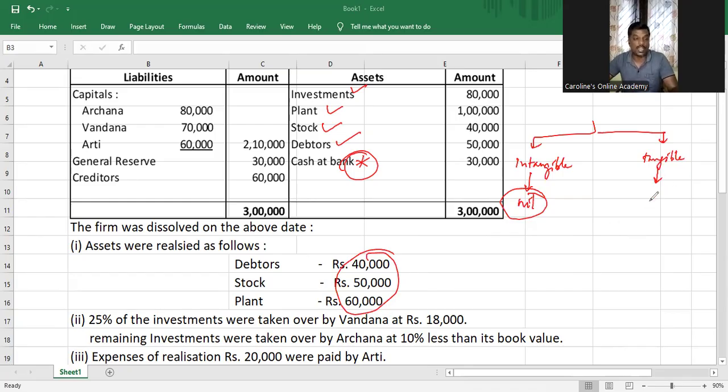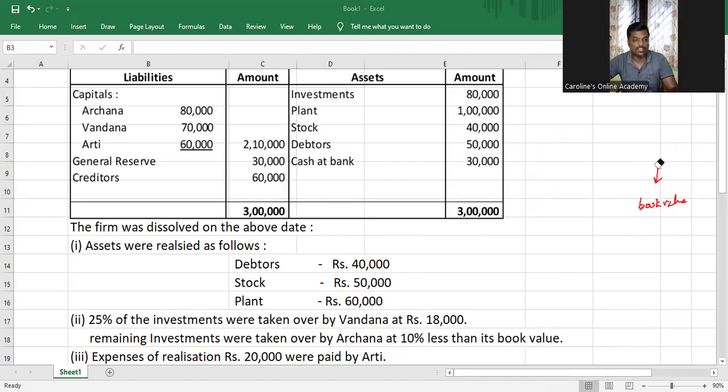But in case it was a tangible asset, then the realization value will be the book value. So you have to realize the asset at the book value. You're supposed to write by bank and then write the book value in the realization account. But in this question, that is not the case. As you can see, all the realization values of all the assets have been given, so we don't have to